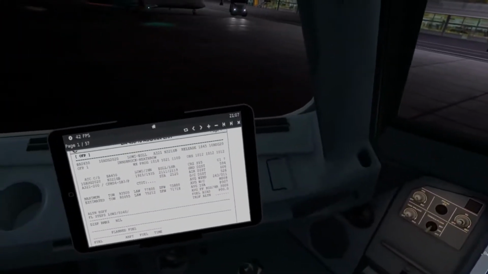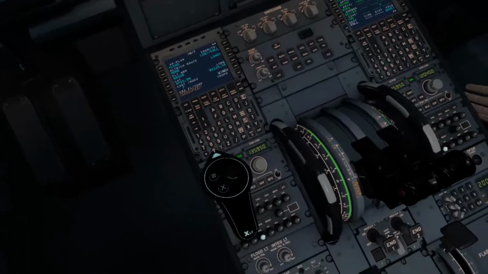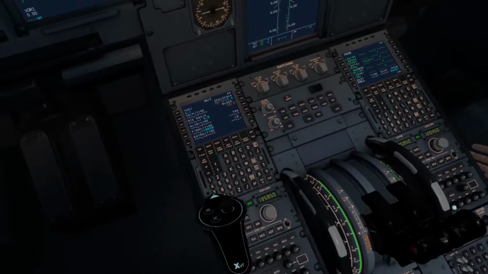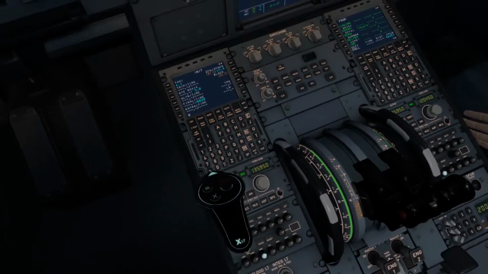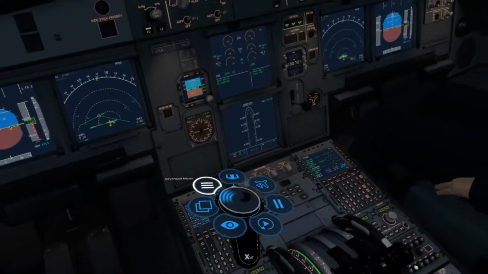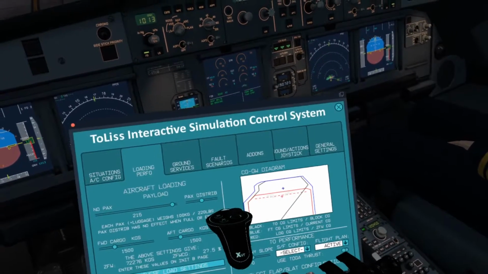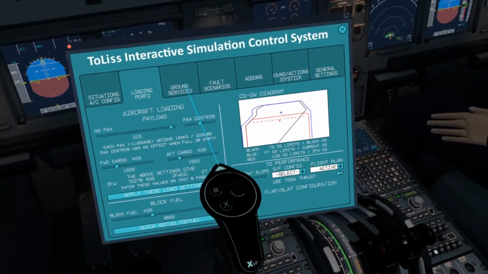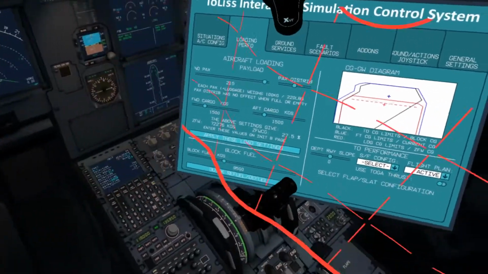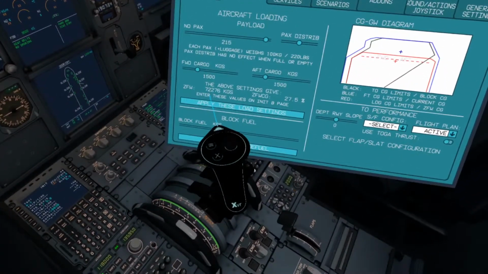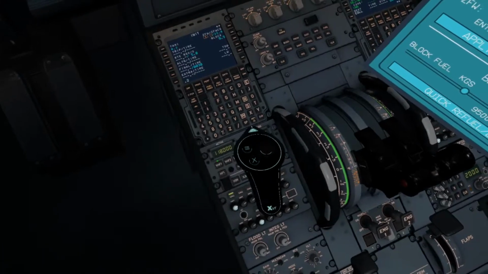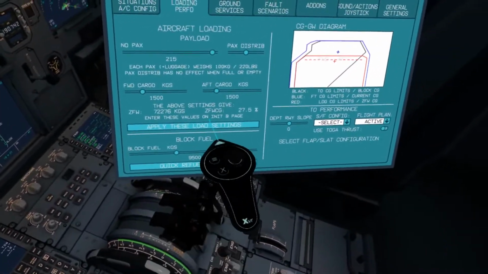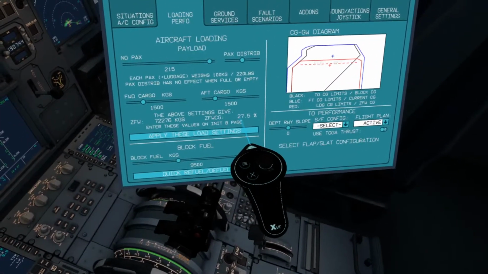Cruise altitude, I think it was 34,000 feet, right? 34,000 feet. Now into the fuel data and the block of fuel. So we have 9.5 tons fuel today, and yeah, we are flying pretty heavy today, actually, 215 passengers. Now zero fuel weight. Zero fuel weight is 72.2 slash zero fuel weight center of gravity 27.5,